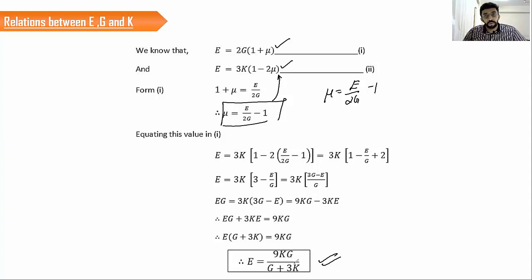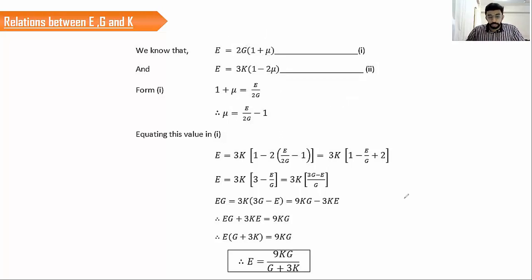In this relationship, we don't have the Poisson's ratio. That's what I told you in the first slide, that Young's modulus can be used to find the Poisson's ratio and the other moduli. If you have the value of Young's modulus and rigidity modulus, you can easily calculate the value of mu. If you have the value of E and mu, you can calculate the value of G. So these are related to each other in different ways. Kindly keep all these things in mind, and the problems related to the elastic constants and volumetric strains are very important.